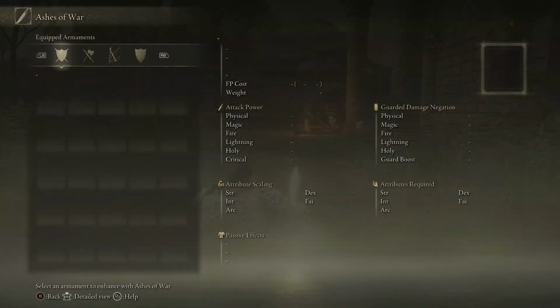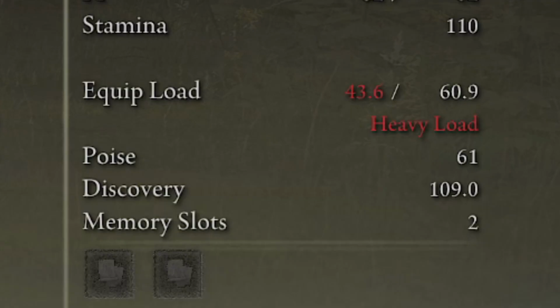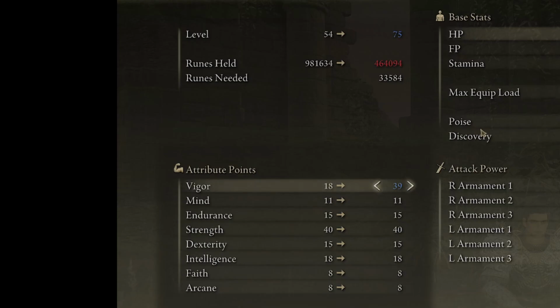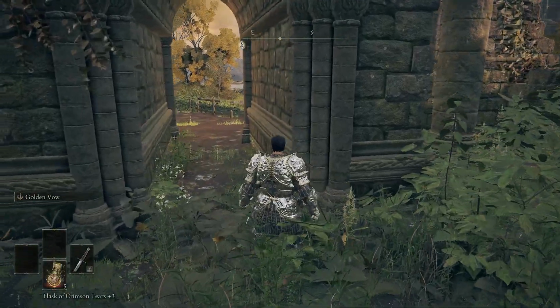And now, don't forget to equip the Ash of War Golden Vow on your dagger. Sadly, it will inflict heavy load condition, so we can just remove or change the gloves, or just level up a bit and get 2 levels in endurance to make it 15. Also, this weapon is really powerful, so when you level into level 75, I recommend just getting more vigor